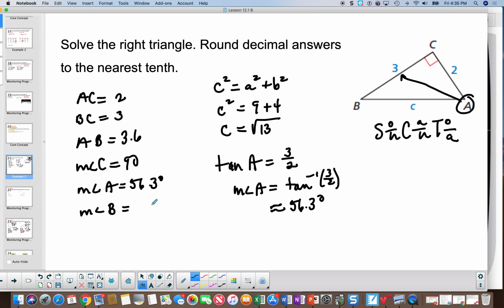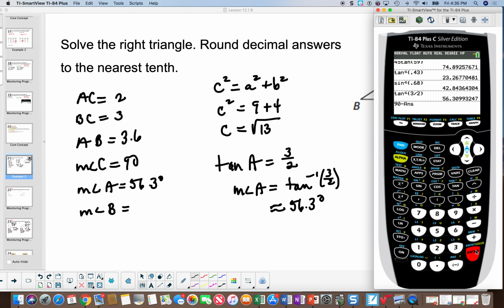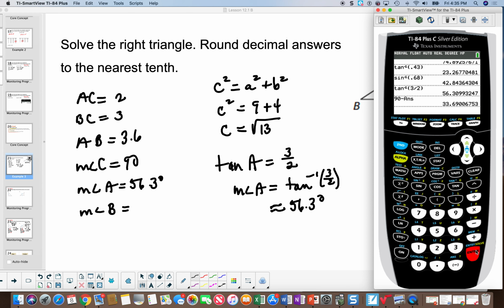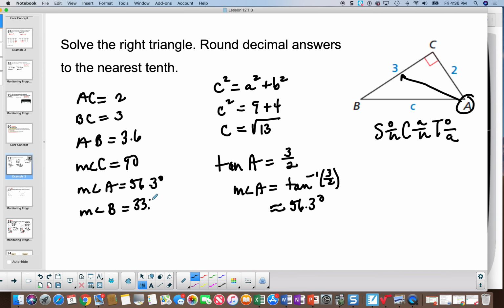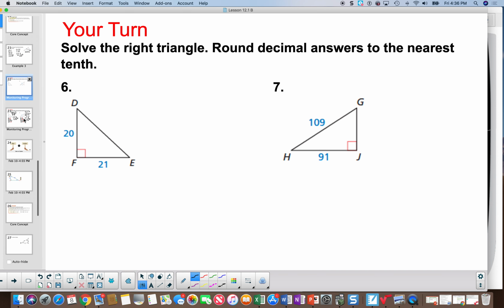56.3 degrees. Now I would like to find the other angle. I don't really have to go through this because I know that all 3 of these have to add up to 180, or that these 2 are complementary. So what I'm going to do is I'm just going to say 90, take away, answer. So I'm taking away this previous answer, and the answer is 33.7 degrees. So this is 33.7 degrees, and some of you might be able to just do this in your head. Pause to do the problems, and here are